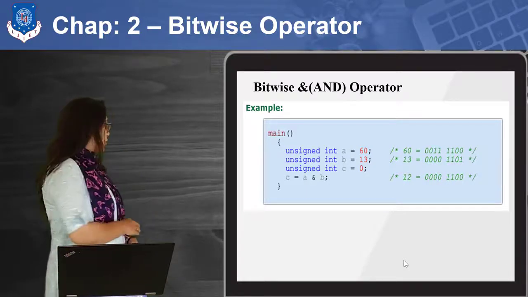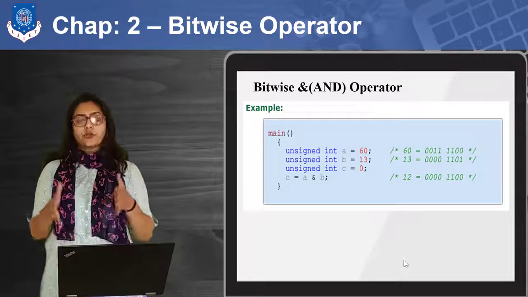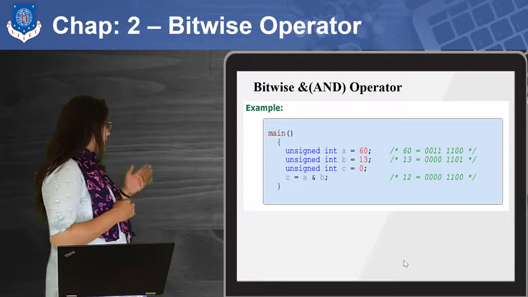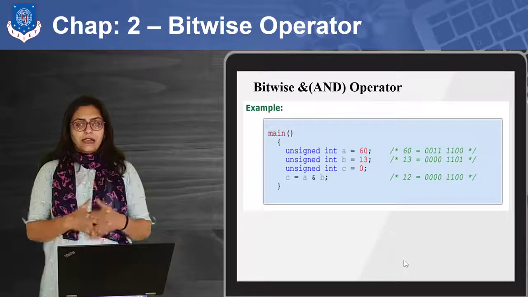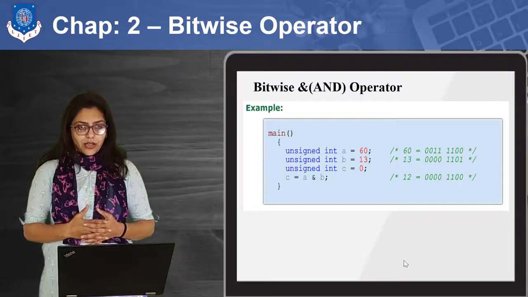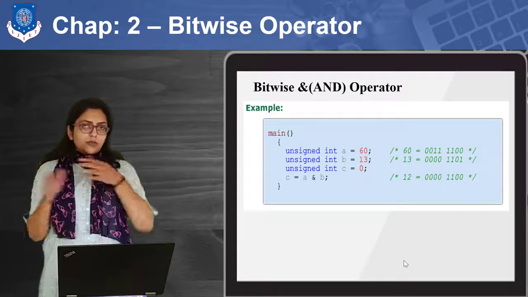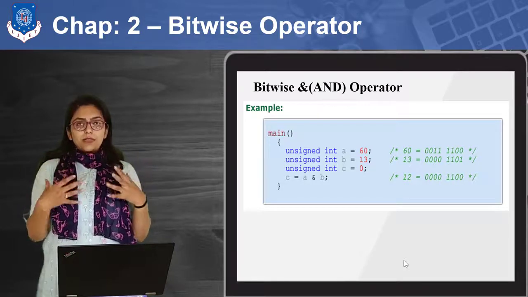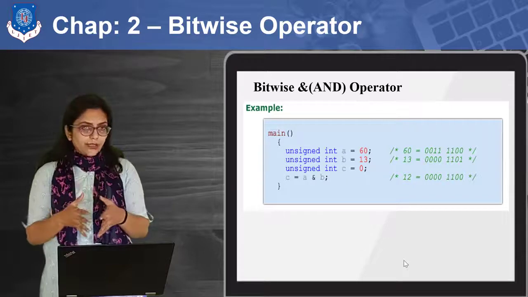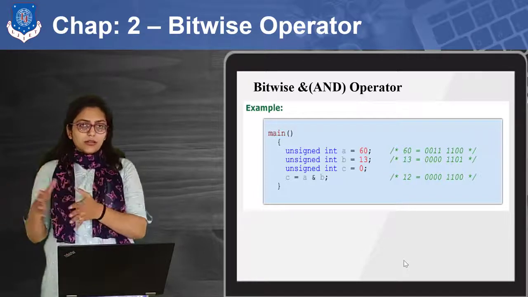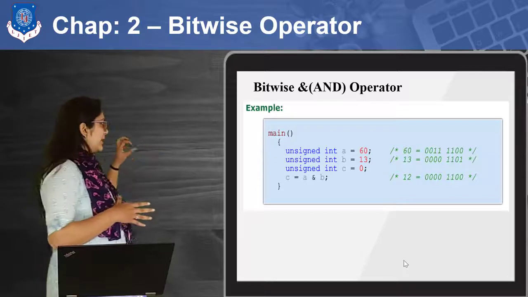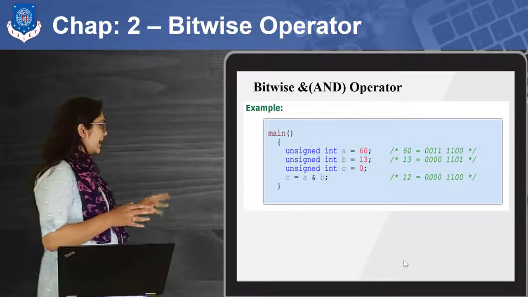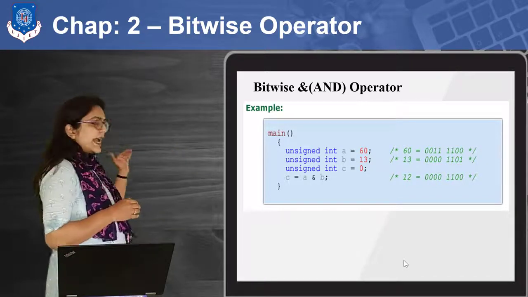Now you can see the code over here which is used as a program. If you want to examine practically how we can use the bitwise operator, you can see this code. Here I have declared 3 variables as unsigned integers, right? Because when you are dealing with digital things, signs have some kind of representation that you will study in Digital Fundamentals. So right now, just understand that you can deal with bits directly. There is no sign for these bits, so we have declared this as an unsigned integer.